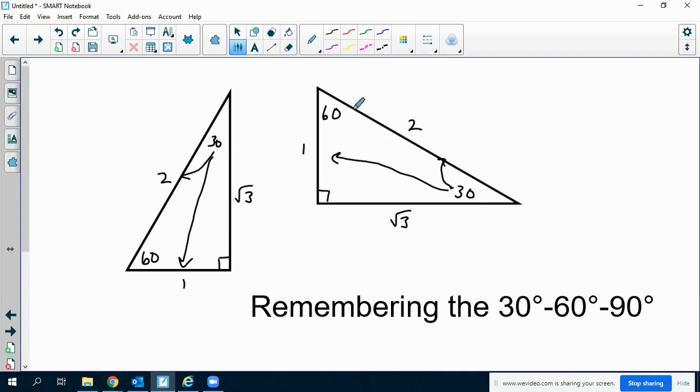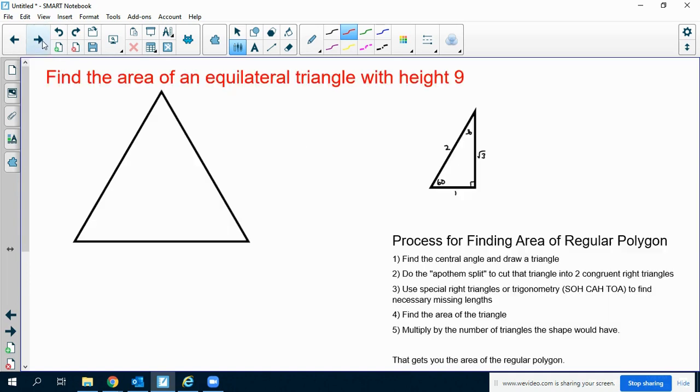And the side across from the 60-degree angle has a ratio of √3/2 with the hypotenuse. And so those ratios are things that we're going to have to remember when we do these problems. Find the area of an equilateral triangle with height 9. So if the height is 9,